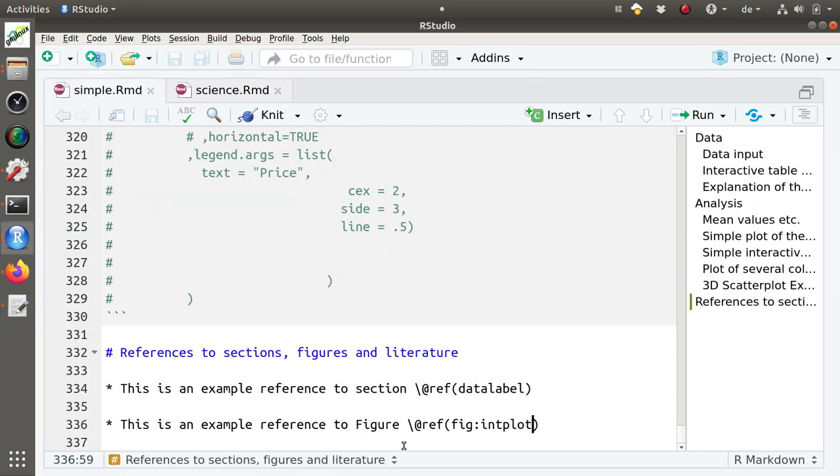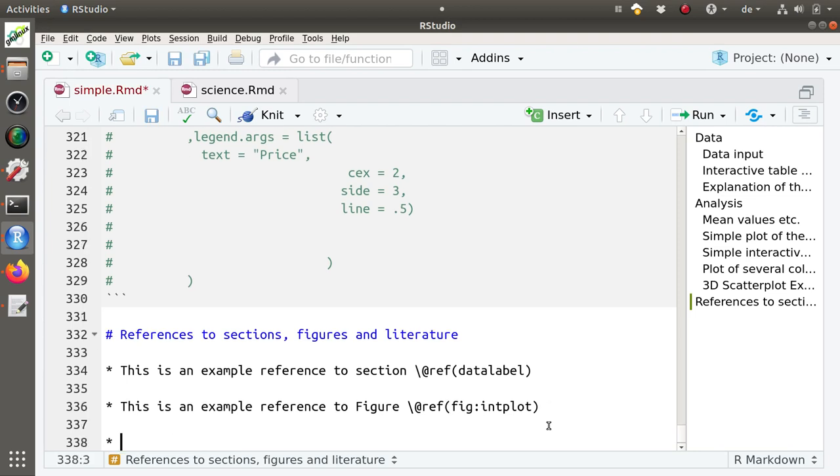But for this demonstration, it's sufficient to work in this way. So I want to now generate a reference to this book, and the